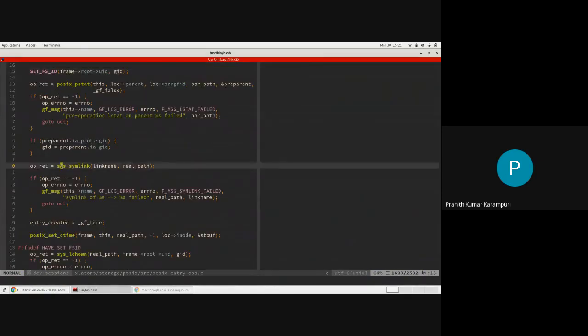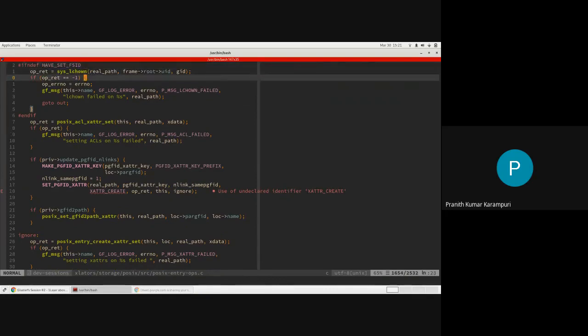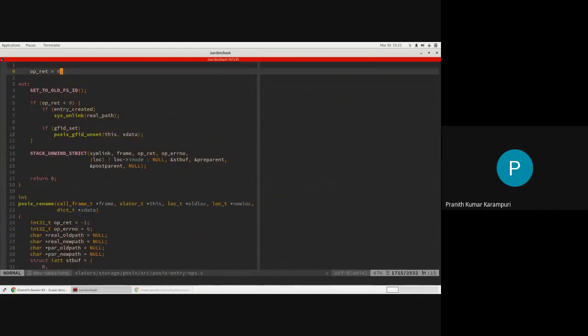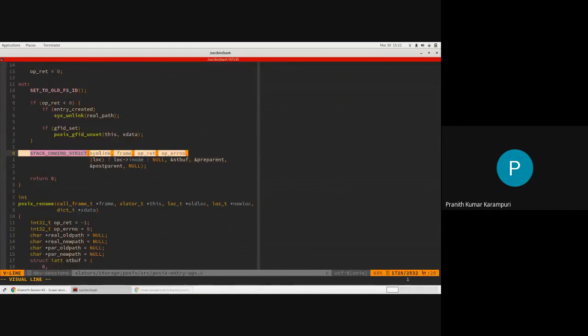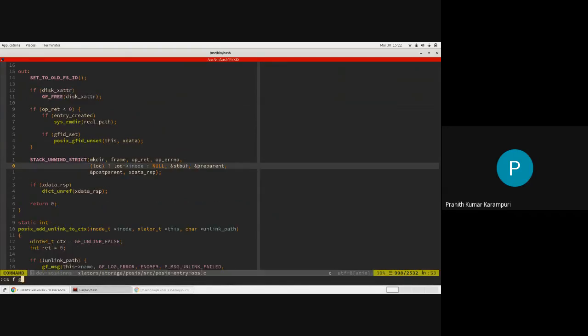It is doing the symlink with the link name and the real path. Real path it will get from the LOC, link name is provided. Then it will again set the UID GID here. Then it will do a stat. Once it does a stat, it will send all of that information to the caller, and it will create an inode.